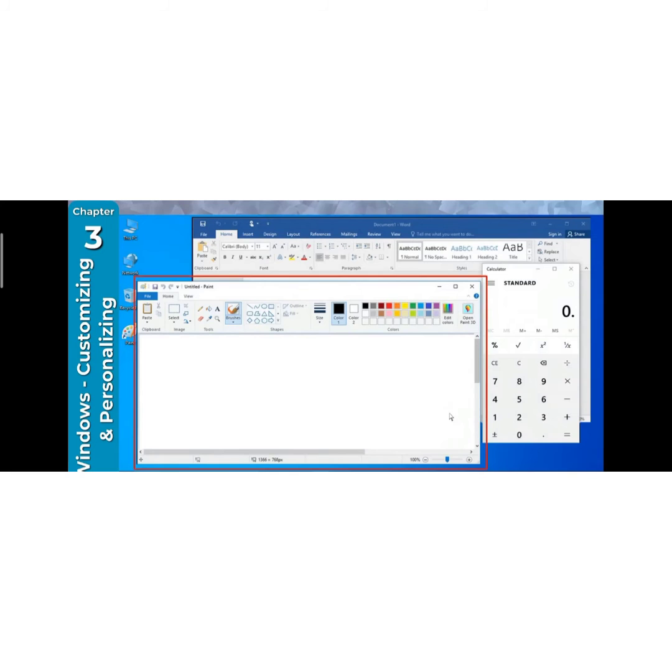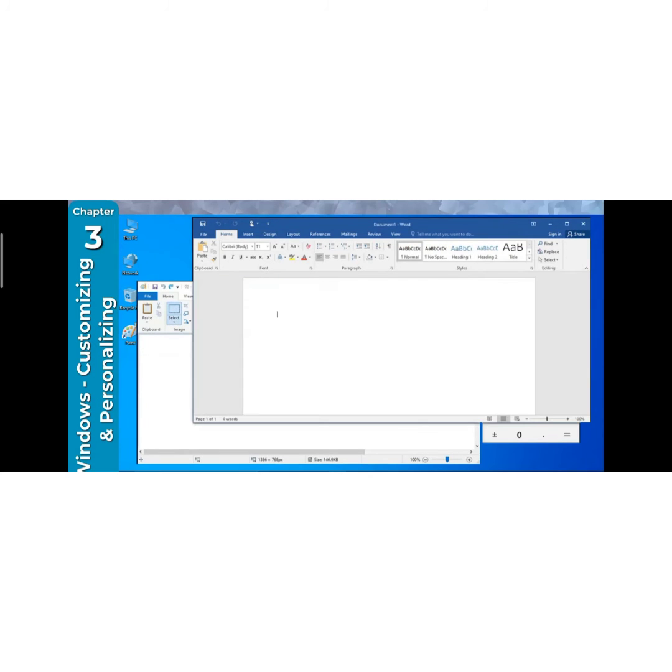Using taskbar, you work only in one app at a time. The active app appears in front of all other apps. The taskbar displays a button for each opened application. To display the app you want to work with in front of all other, click on its icon on the taskbar. The app appears in front of all other applications.